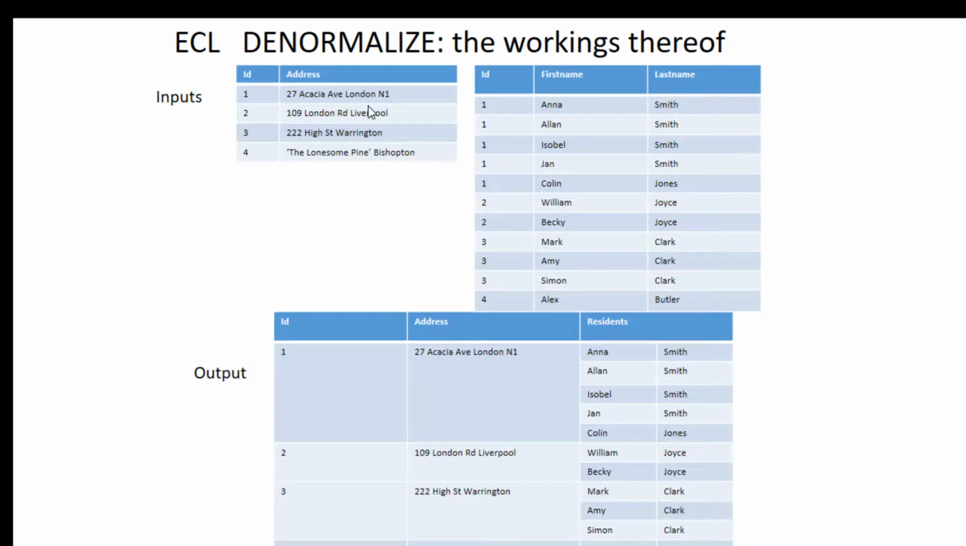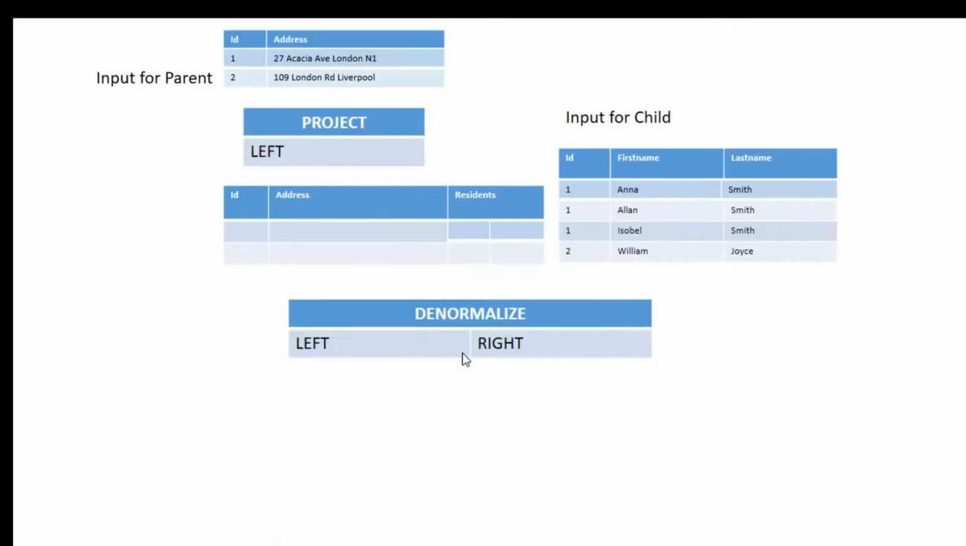So just a quick recap, denormalize takes flat data sets and merges them into one hierarchical data set. So here we have separate addresses, separate list of names, joinable by some condition, and they end up in one data set with a list of residents attached to a particular address. So this was the first format of denormalize, variant of denormalize I showed you, and